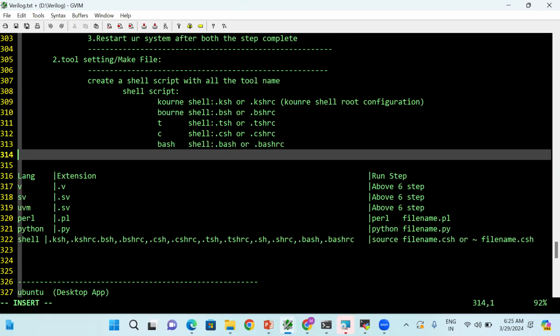One more here, I'll add it here. I do not remember the name, but we use SH or SHRC. That is it. I have written it here. I forgot to write it. SH, SHRC. Okay. Now,